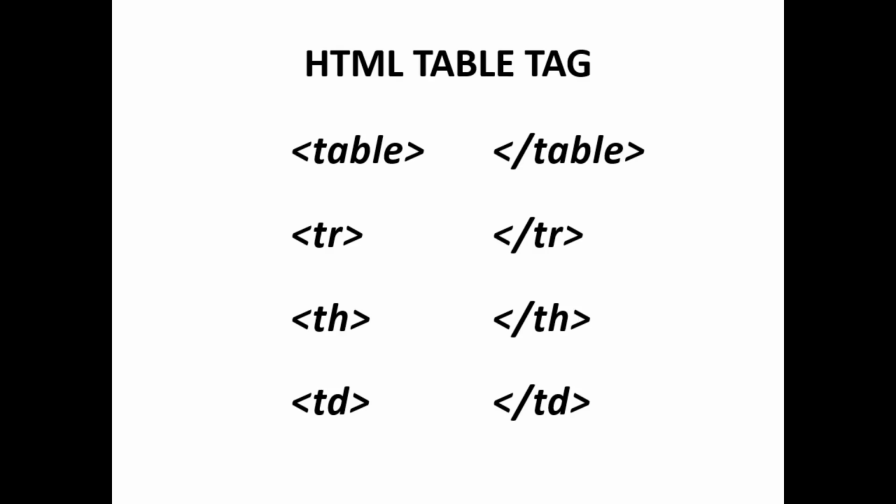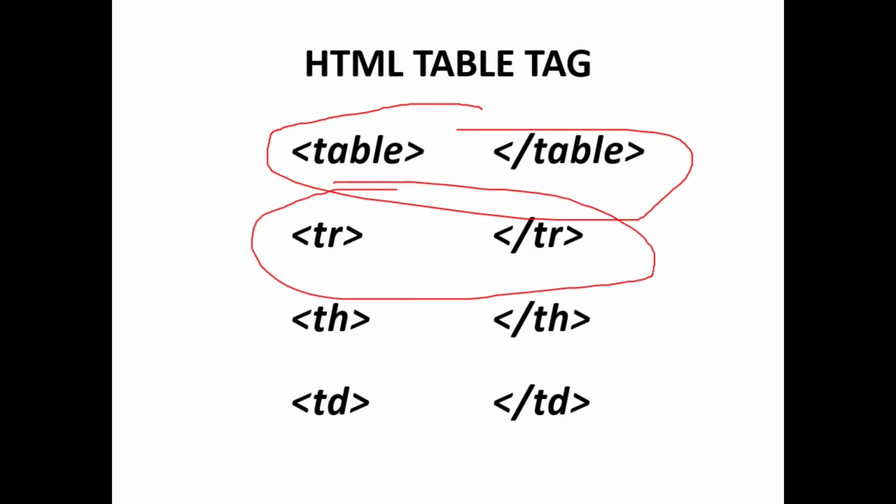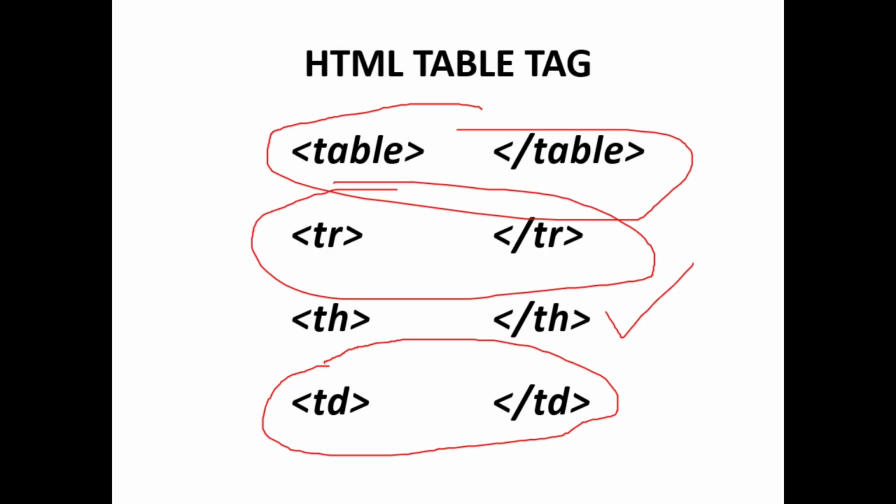I hope now we are familiar with the HTML table tag. We know how to create an HTML table element using the table tag mainly, then the TR tag to create every row and the TD tag to define every cell inside the given row, and also the TH tag for creating table headings, column headings. Let us move to the JavaScript part of this problem.